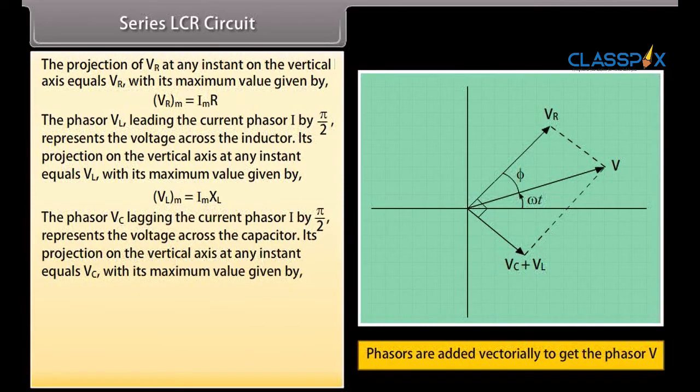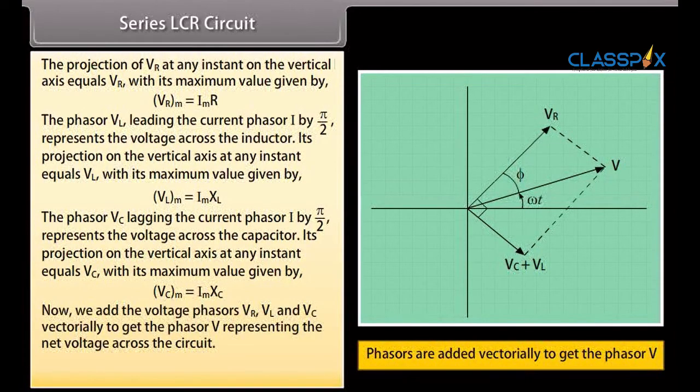The phasor VC lagging the current phasor I by pi by 2 represents the voltage across the capacitor. Its projection on the vertical axis at any instant equals VC with its maximum value given by product of Im and XC. Now, we add the voltage phasors VR, VL and VC vectorially to get the phasor V representing the net voltage